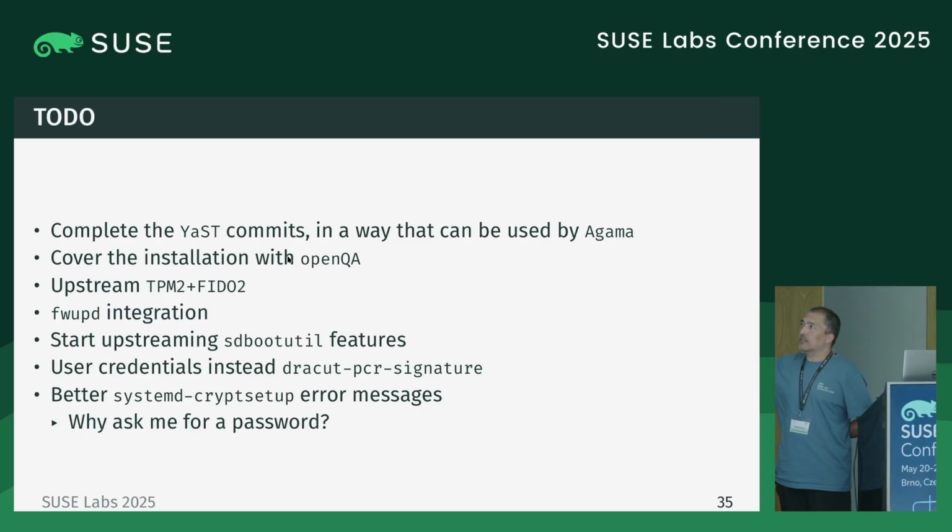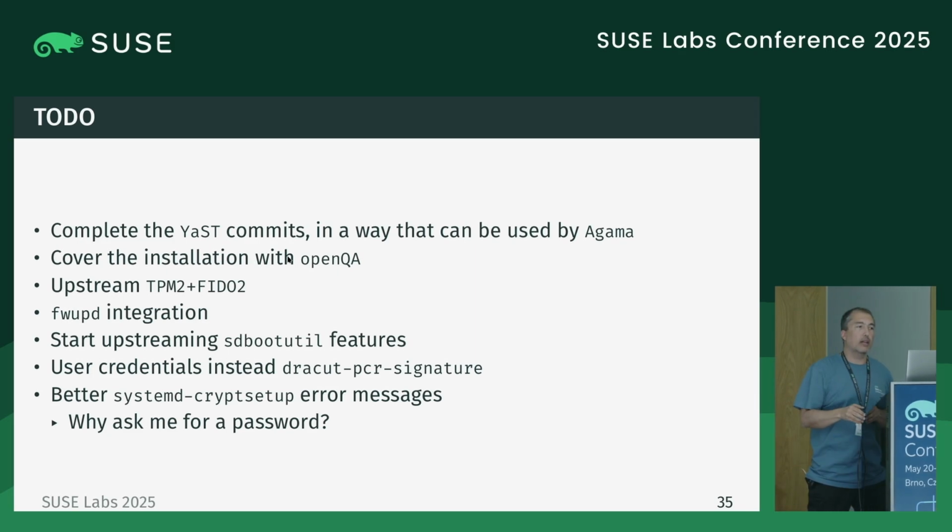Future work is massive. There is no limit on that, or you can stop wherever you want. But the principal component that we want to fix is just the installer, Agama. We want any user making a fresh installation from the installer to have this experience, and we want that to be tested by openQA. The work is in progress and very advanced in certain situations, but it's not complete.